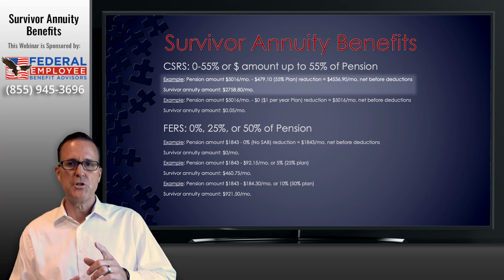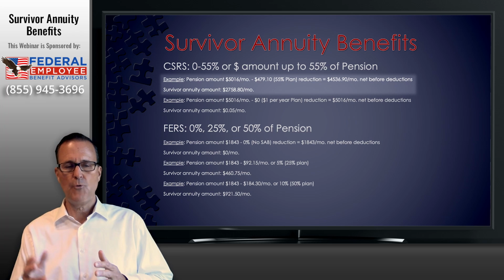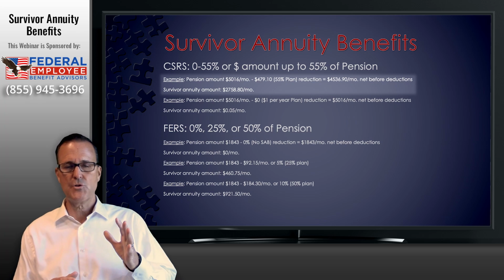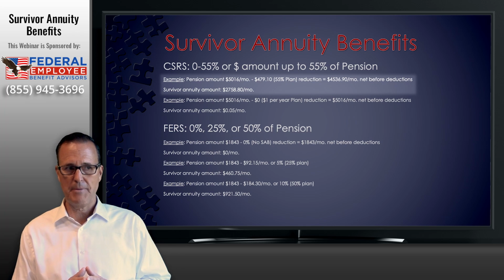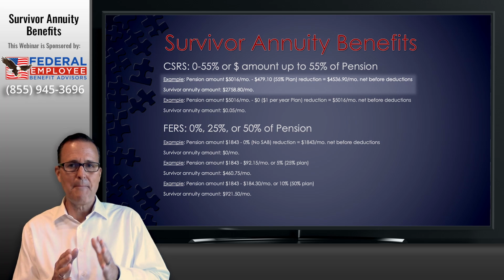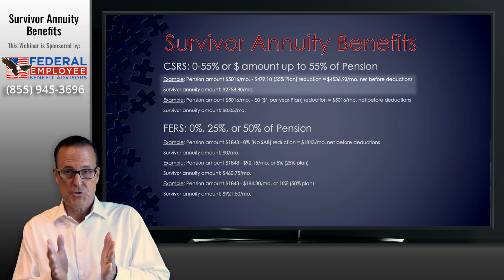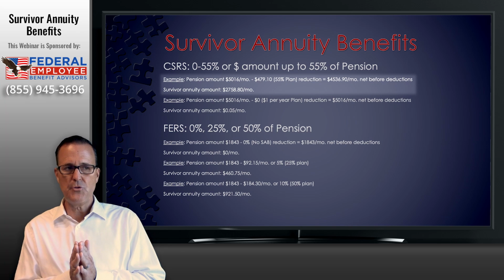Now that reduction is going to net the federal employee, prior to any other deductions, $4,536.90 per month in their pension. The Survivor Annuity Benefit amount, or the amount that the surviving spouse would receive each month if they survive the federal employee, would be